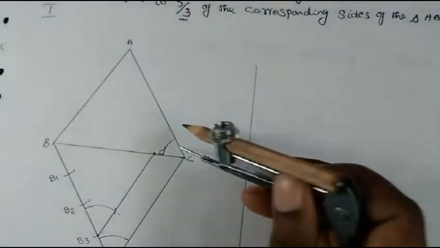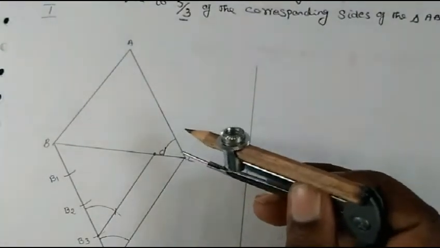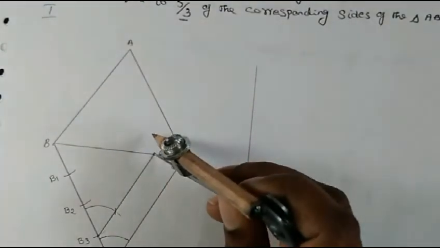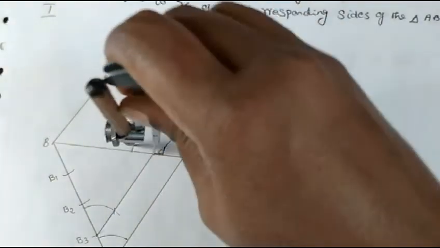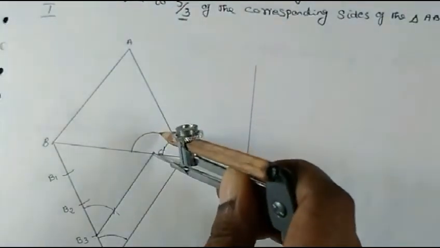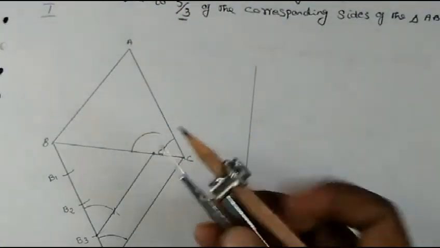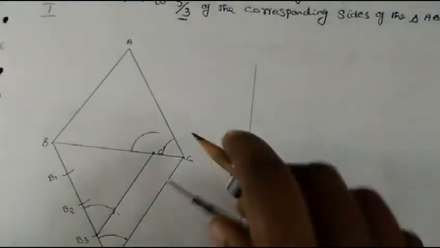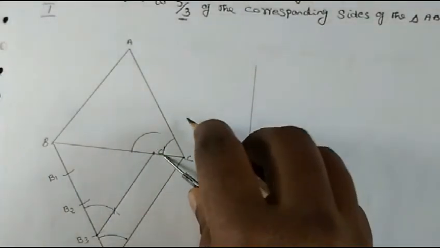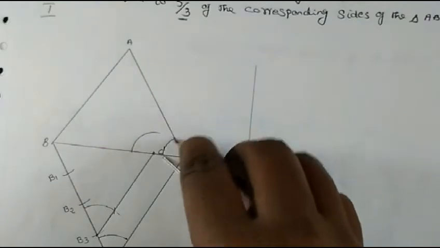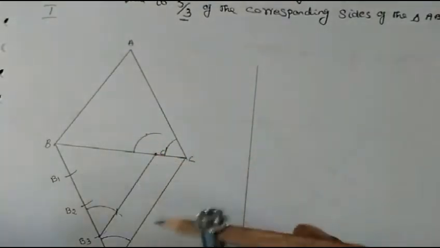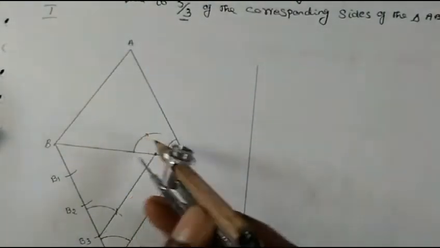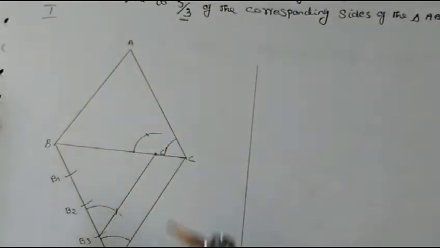Okay. After drawing the angle for this line, the point where we have to draw an angle, here also we draw the angle. Okay. Now let us measure this angle, how much it is. Okay, same measurement, let us take for this angle also. Okay, same measurement we got. Now draw the parallel line.